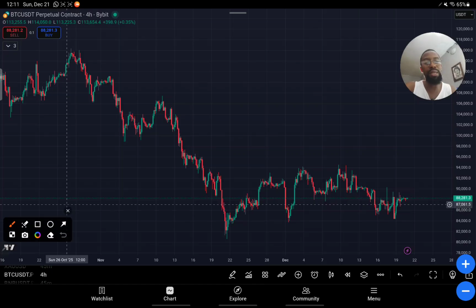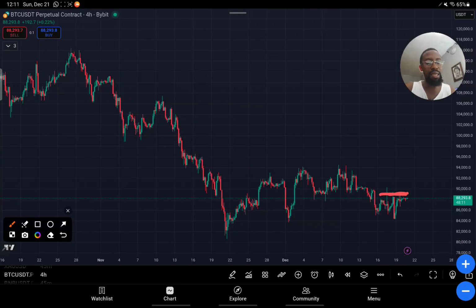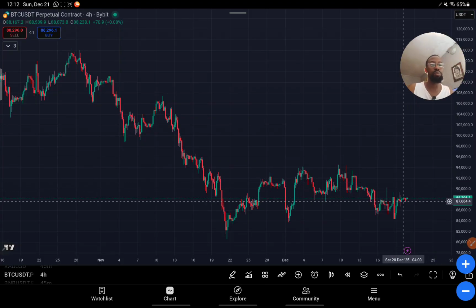An example of what I mean is that you see this particular candle here. You can see that the market rallied up, and then we are expected to see a continuation of the downtrend. That is what I mean. So if I am selling here, I'm just going to be putting my stop loss at the last swing high. That is where I'm going to be putting my stop loss. Then I'm going to be targeting this place that you are seeing here as my take profit.